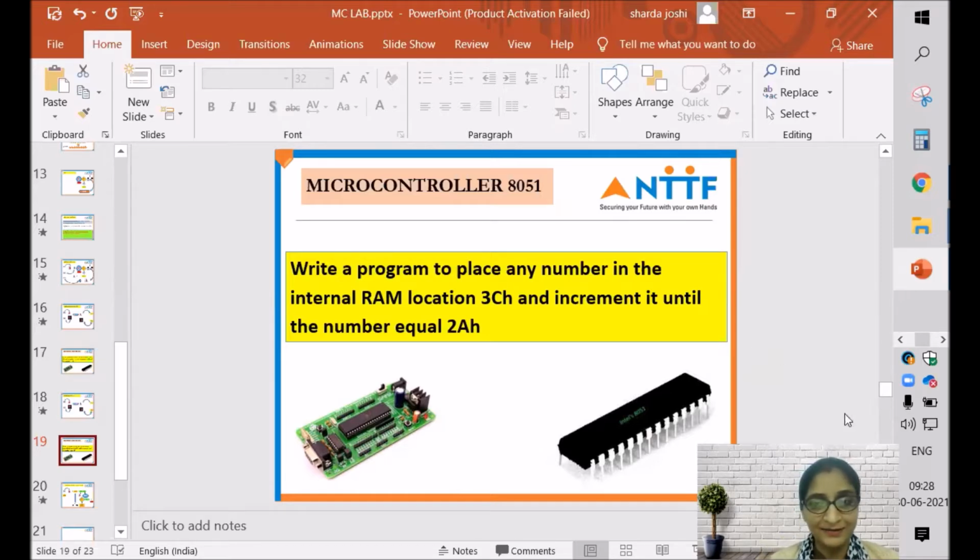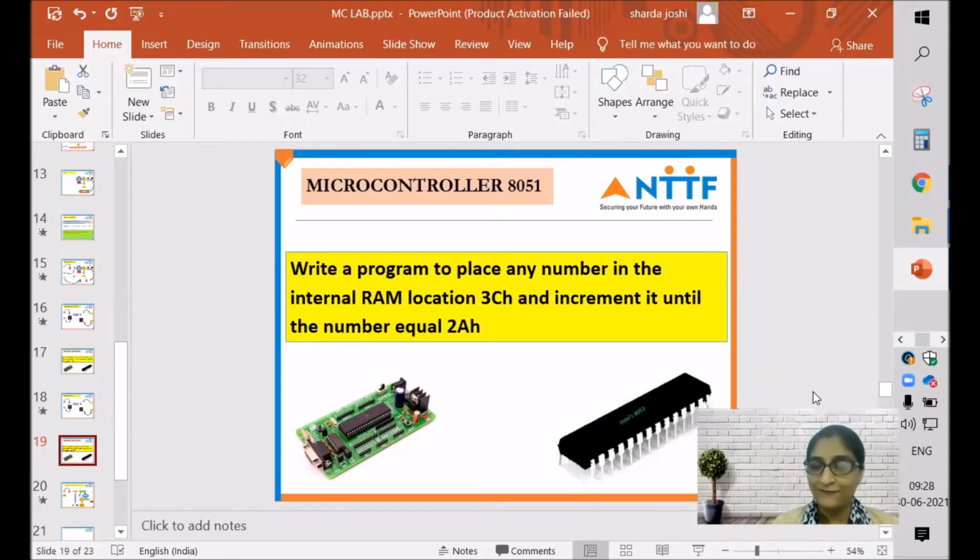It's very simple, but it's very logical too, right? So first of all, we have to take one number. You can take any number in RAM location 3CH. Then step by step, we have to increment that value which we have stored in 3CH till that value reaches 2A.